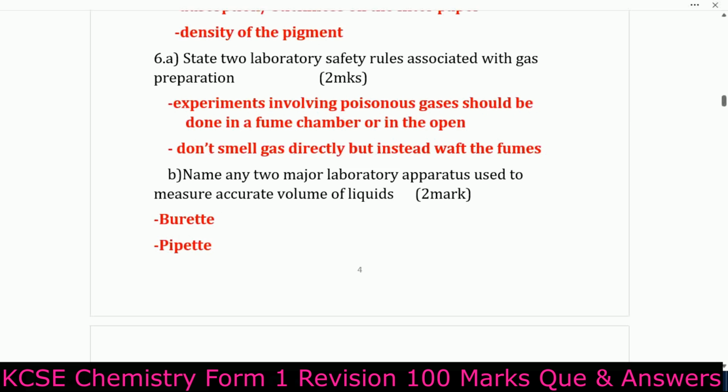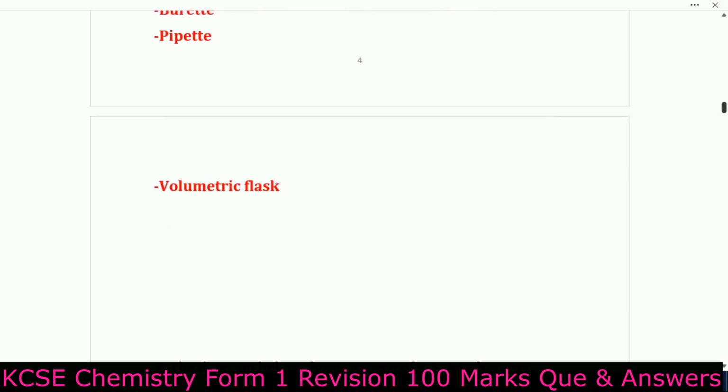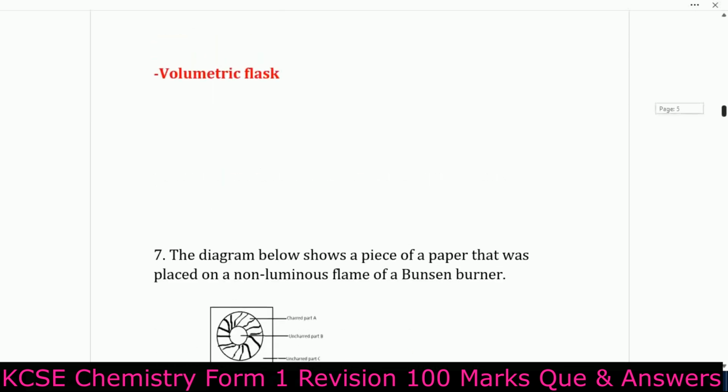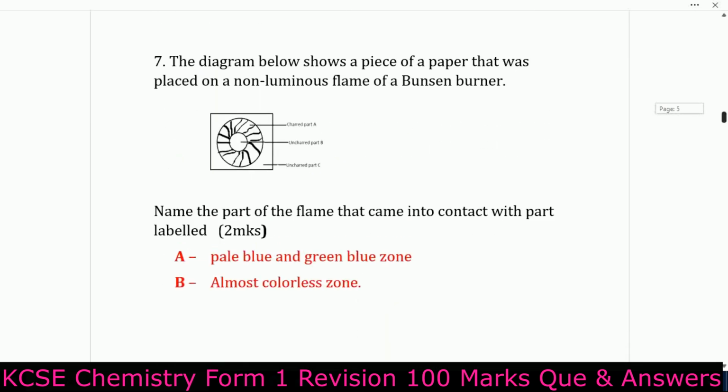What is used to measure accurate volume of liquid? That one is burette, pipette, and volumetric flask. Next, number 7, the diagram below shows a piece of paper that was placed on a non-luminous flame of a Bunsen burner. So you can see part A, part B,